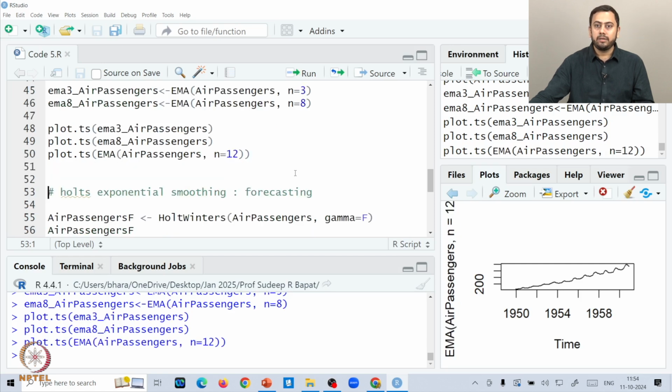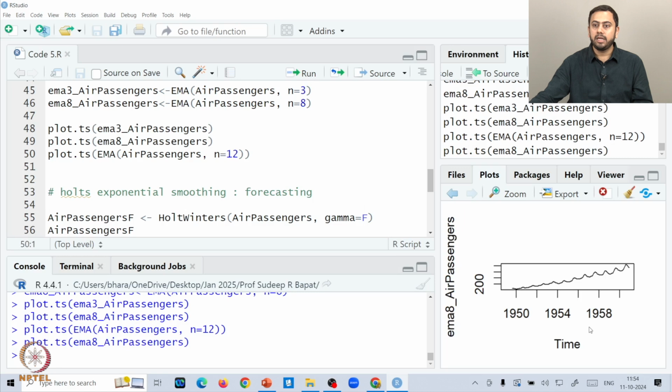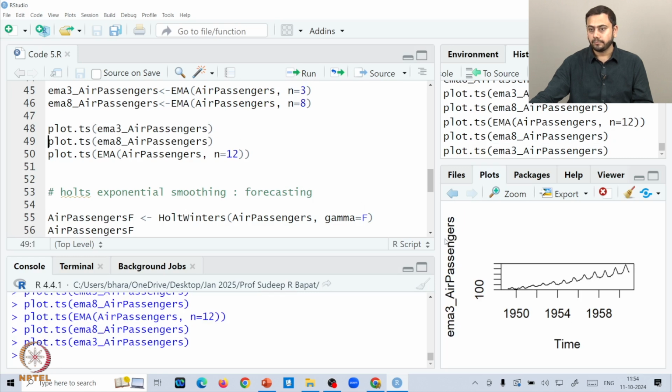Now one observation which one can find using all the 3 plots, the EMA 3 plot, the EMA 8 plot and the EMA 12 plot, is that if you go on increasing the order, can you see that you're getting smoother and smoother plots towards the end? So this is EMA 12. Let me show you EMA 8. EMA 8 is this, and then EMA 3 is something like that, right?